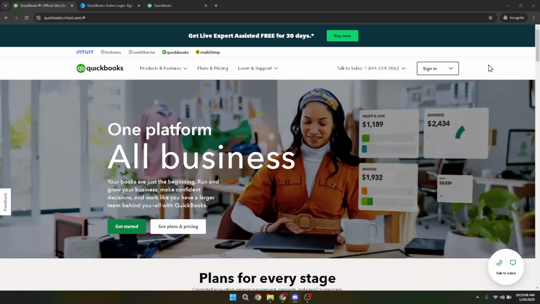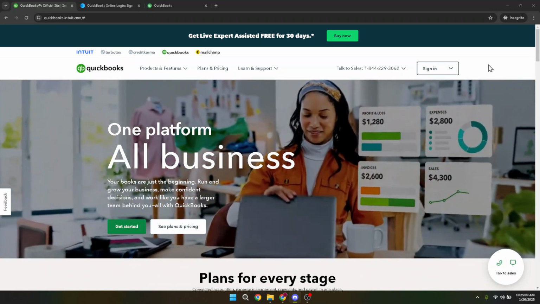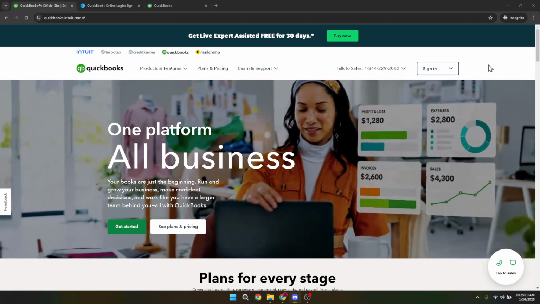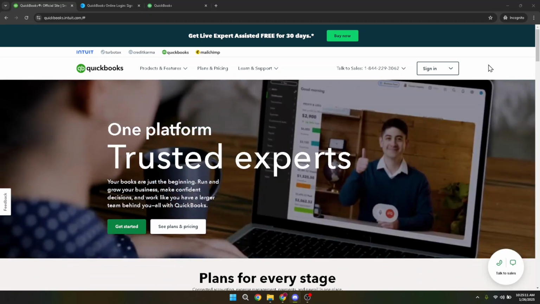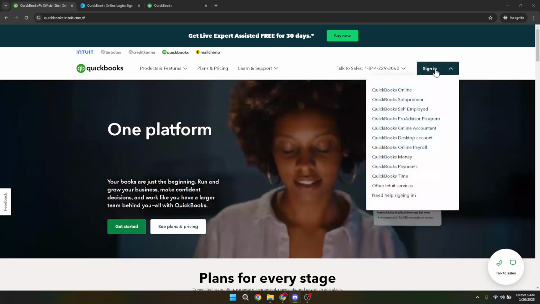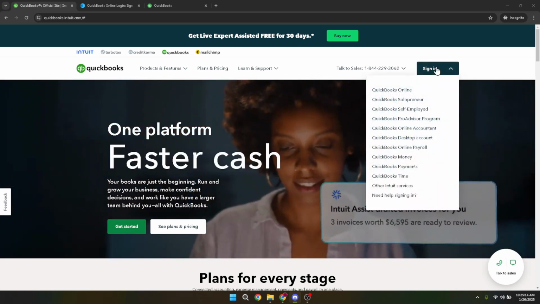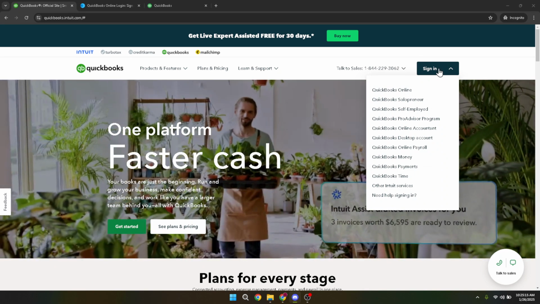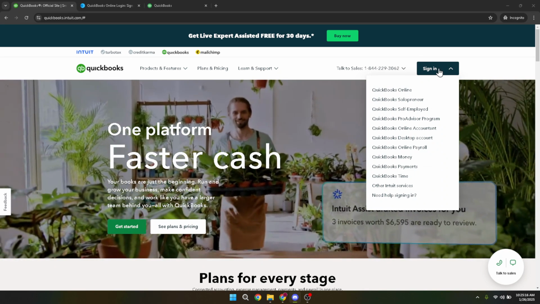First, you'll want to head to the QuickBooks Online homepage. Once there, look for the option to sign in. If you already have an account, click on the Sign In button to begin the process. Next, you'll need to select QuickBooks Online from the options that appear. This will ensure that you're directed to the appropriate platform for importing your bank transactions.